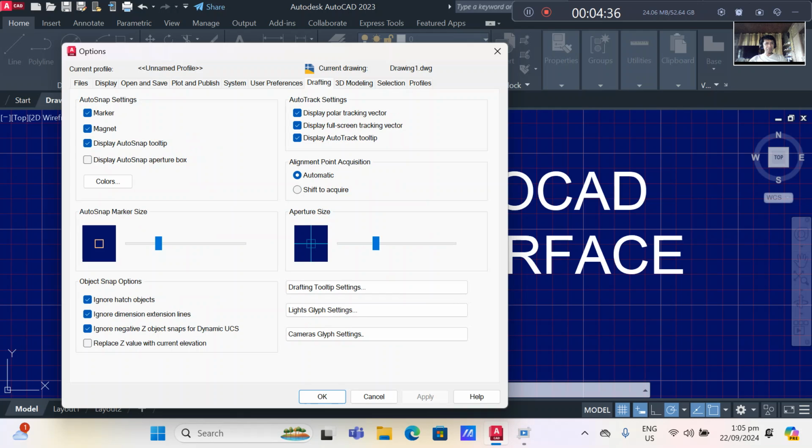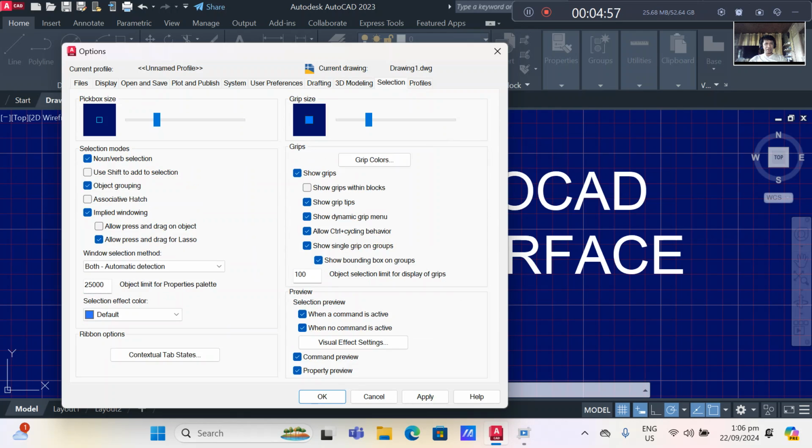Next, I will set now the drafting menu. On the drafting menu, there is an auto snap marker size here and then aperture size. I just slide the sliding bar here and make it 25, and then here 50, I will make it 25. And also I want to modify the selection here, and then the same thing, I will choose the fixed box size into 25 and grip size into 25.